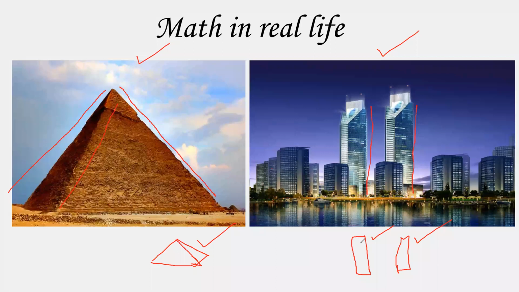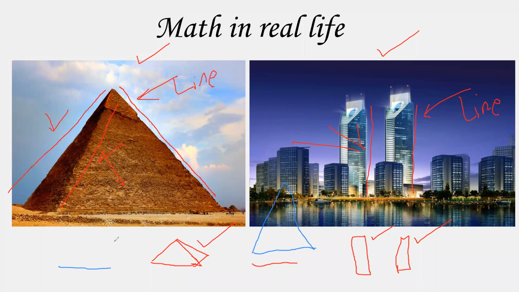But my point is that if you combine lines, this is a line, this is also a line, and so is this, and so is this. If you combine lines in specific angles or specific ways, you can create any number of shapes you want. If this is a basic line, I'll change the color to red. If you take this line over here, draw another line on top of it, and this over here, I get a triangle. But if I take the same line and draw it like this, I get a square.